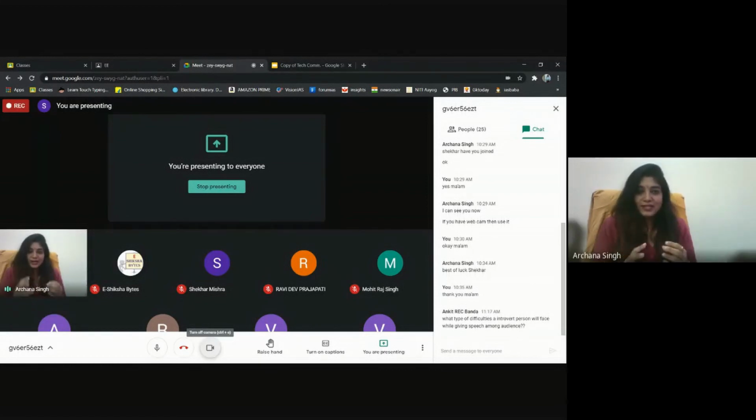And finally, if you are nervous, if you're presenting for the first time, you have to control your nervousness, and certain tips have been explained by Shekhar Mishra. You have to take care of those three points: your confidence, you have to be a confident person, you have to bring clarity, and then you have to be fluent. So I think this is a full package that Shekhar has given to us about presentation skills.